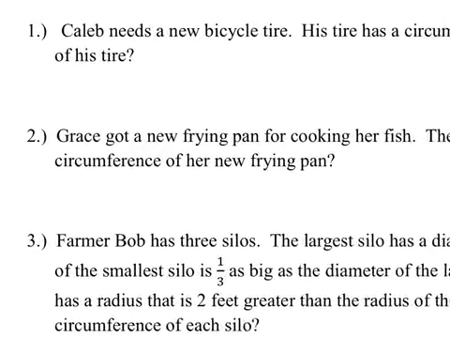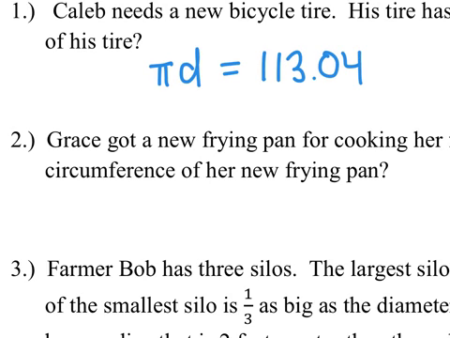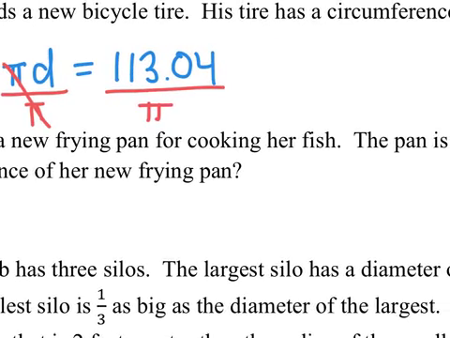What that will look like is this. The formula for circumference using diameter is pi times d. And since we know what the circumference is, which is 113.04, if we set them equal to each other, we can solve for d. One-step process, divide both sides by pi. The pi's on the left cancel out, and that gives us that the diameter equals 113.04 divided by pi, which is